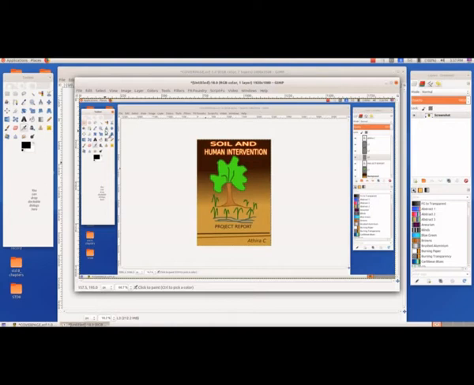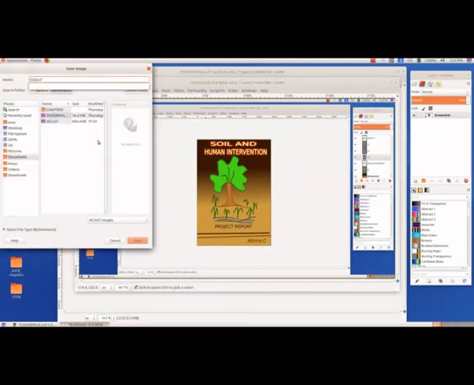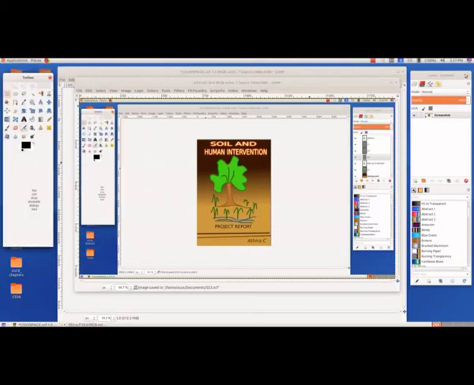So what is the difference between that? Here we got the toolbox as well as the layer window. We got the whole screen. So that is the difference. And again, if you want to save this, from file, save as, and we will give the name as ss3.xcf, and that will be again saved in the folder documents.